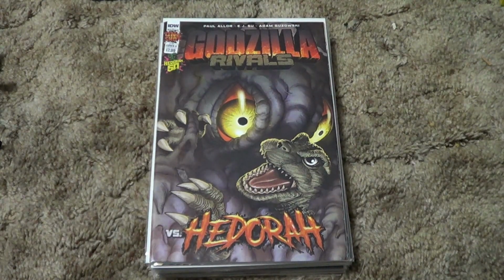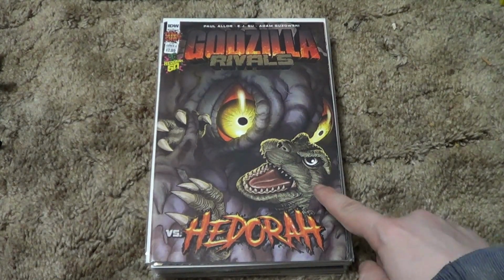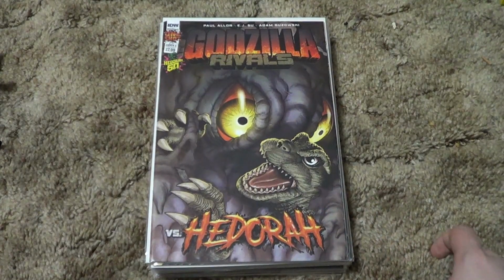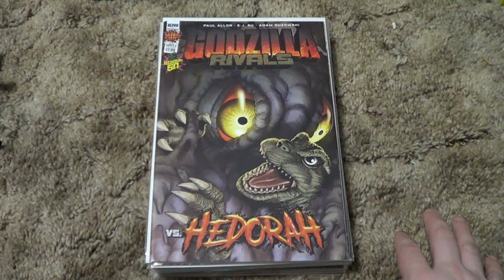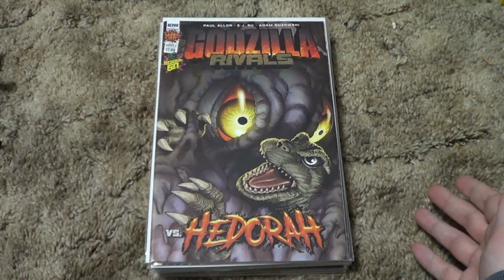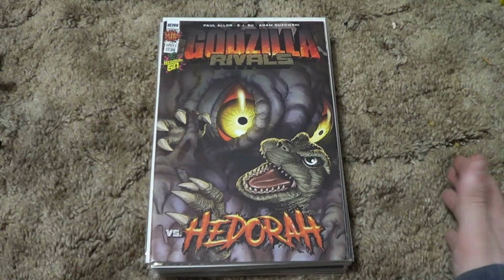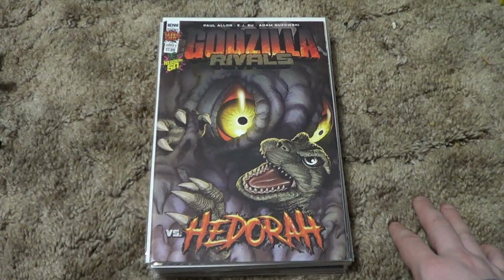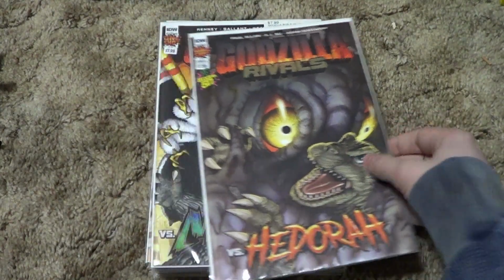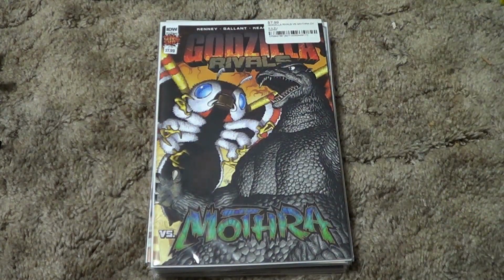Hedorah #1. This is cover A, and it's for Hedorah's 50th anniversary. I like that Godzilla's drawn in a Showa design on it. Usually in these IDW issues, we either see him drawn kind of Millennium, or we see him drawn Heisei. And it's very interesting. But the Heisei design that we usually don't see is kind of his 1985 look. Speaking of, Godzilla Rivals vs. Mothra, where he does have the 1985 look. So it seems like Godzilla Rivals is trying to use some different Godzilla looks, at least in these first couple